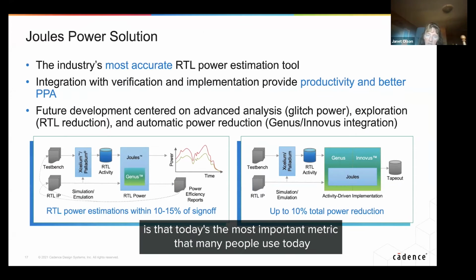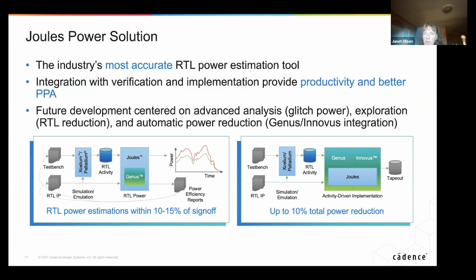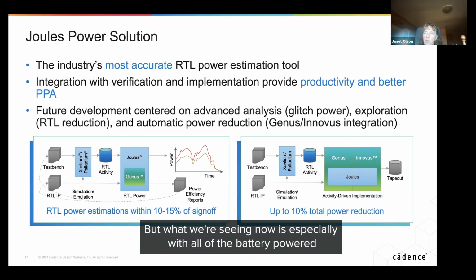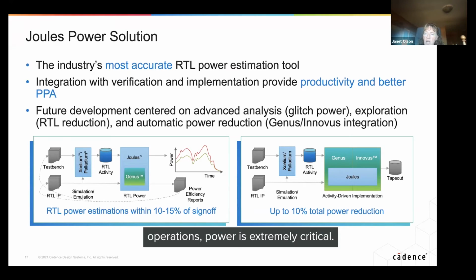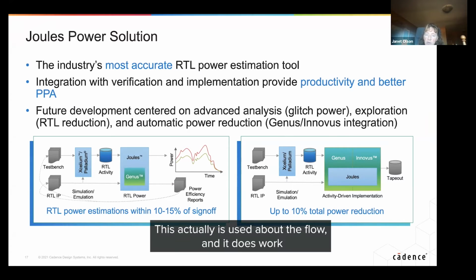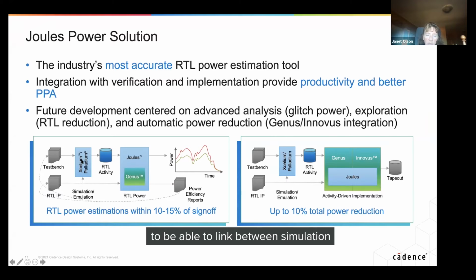Another thing that we also do is power analysis. Timing is critical to make sure the design is fast enough, but what we're seeing now, especially with all of the battery powered operations, is that power is extremely critical. So our solution is called Joules, and that allows you to do power analysis. It is the analysis engine within all of our optimization tools. This is used throughout the flow, and it links between simulation